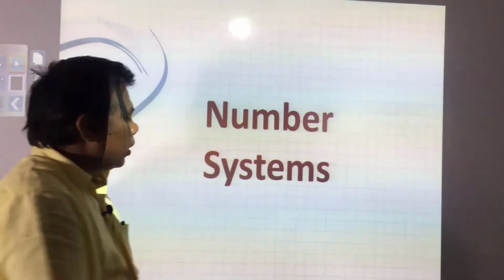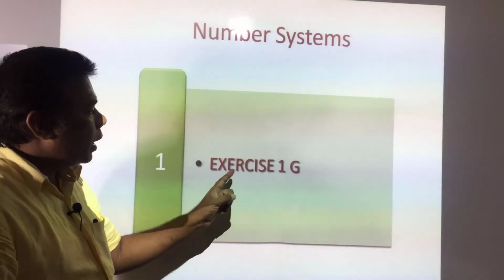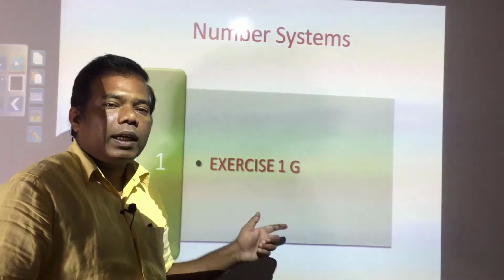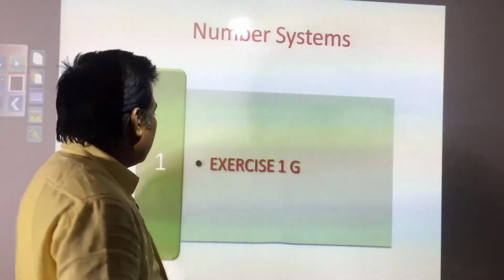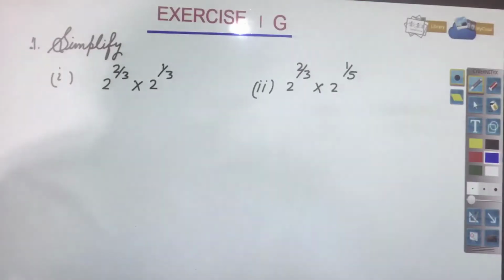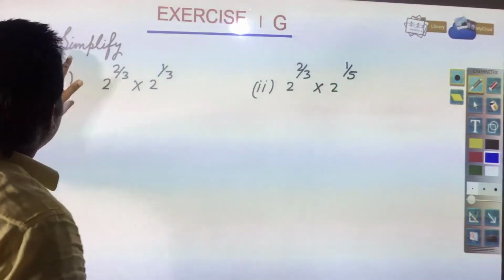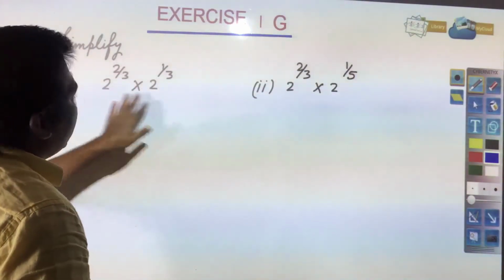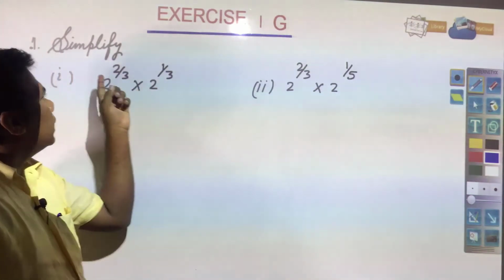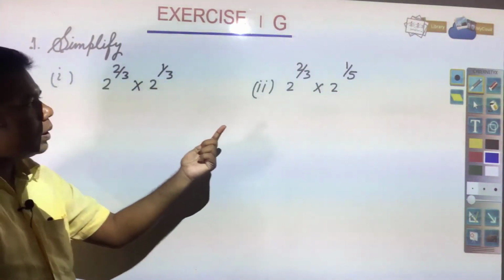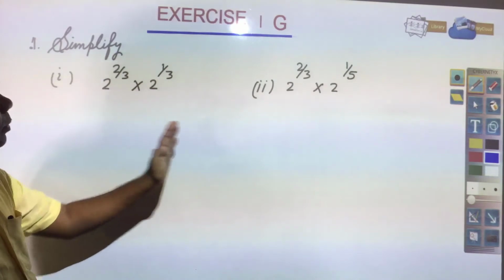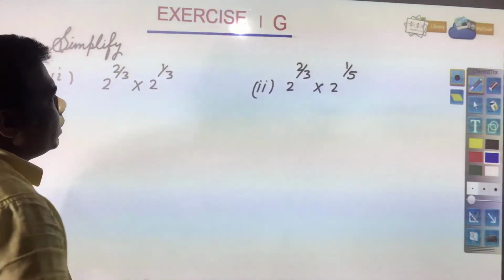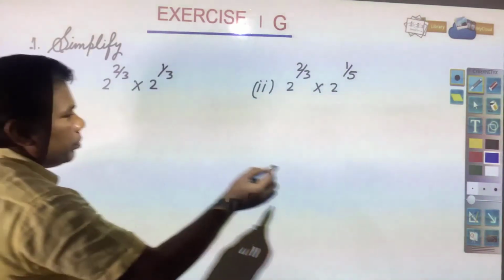Today we are going to see exercise 1G. Those who have not completed it, please watch, try to learn and try to solve. So, let us start. The first question is very easy, but I have still taken it, and the rest of the questions you need to solve. From each and every question, I tried to take at least one question, so that you will be able to solve the rest by seeing these. These are important questions, easy but important. So, let us see.